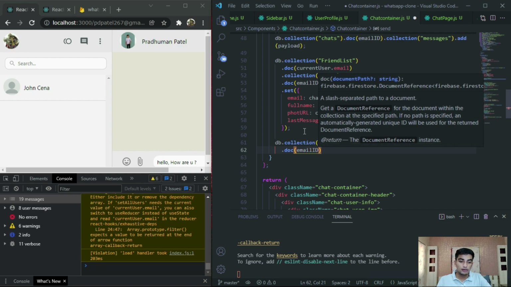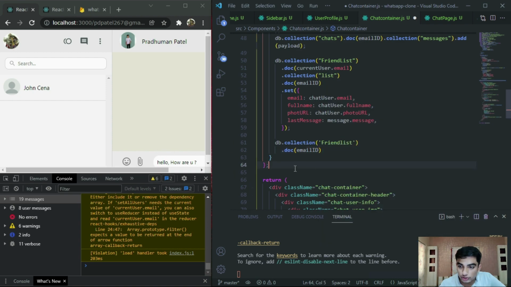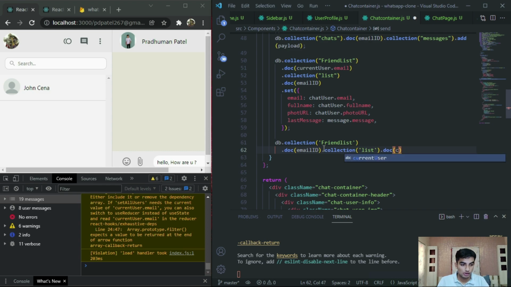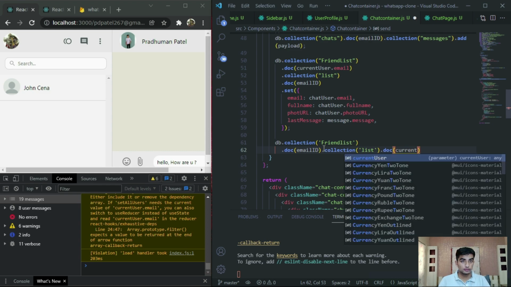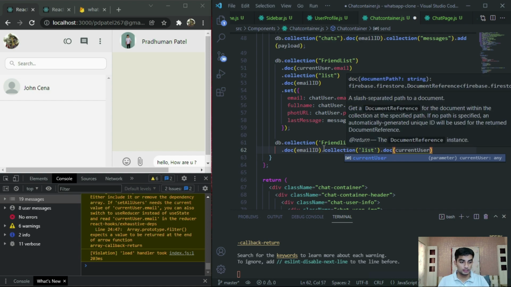Means we have to store this information inside this user's doc. So type collection list and add the current user dot email, and set